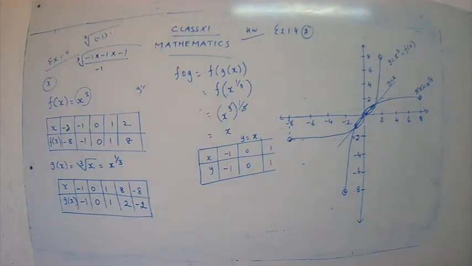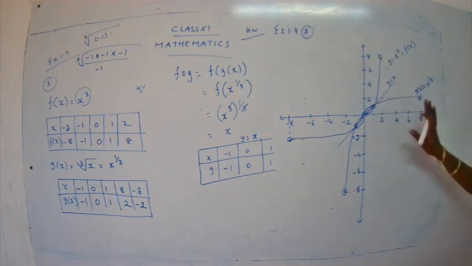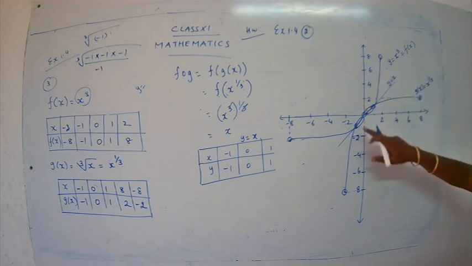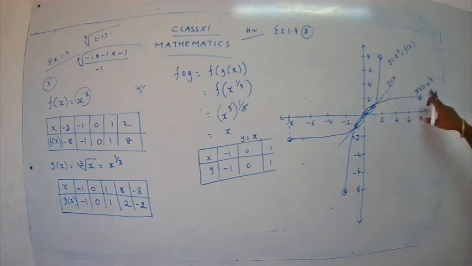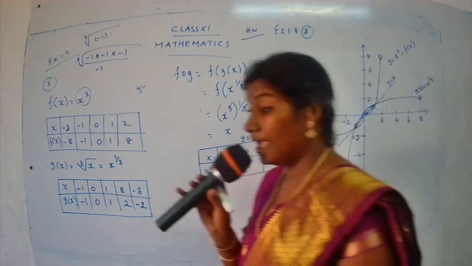Have you completed the graph? So we have plotted 3 graphs on the same plane. That is, you are just going to use a single graph paper, that is a single x-axis and y-axis. You are going to plot all the 3 functions: x cube, x raised to 1 by 3, and x. I hope you have done. Now let's come to the final conclusion.